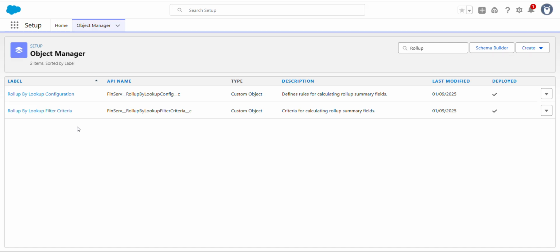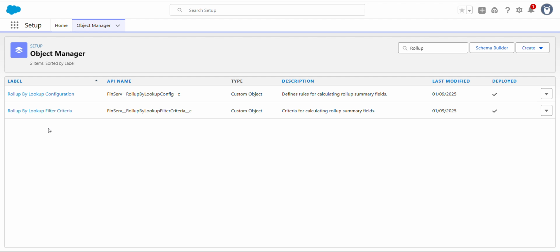Financial Service Cloud provides several out-of-the-box roll-up summaries at the person and group level, including, for example, total financial accounts, total bank accounts, total investment accounts, total insurance policies, wallet share, total assets, and total assets under management.